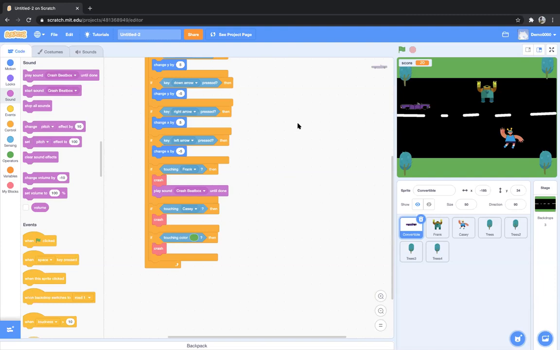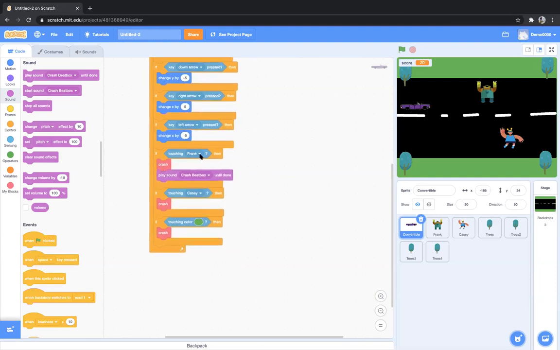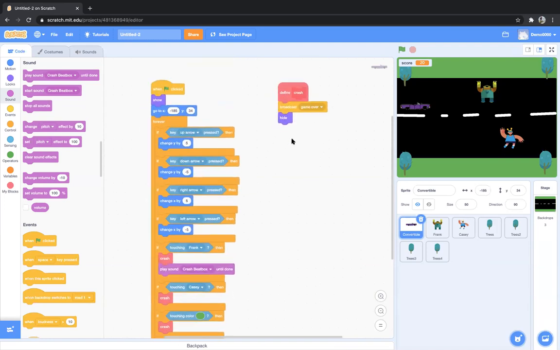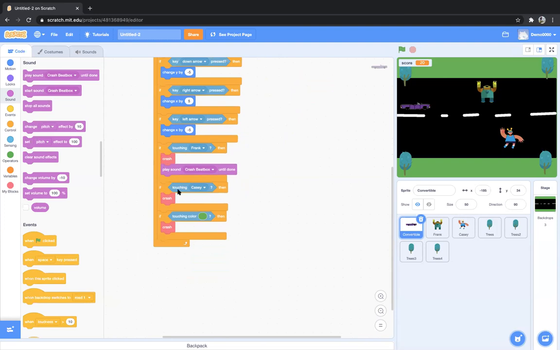Can we also include sound in the crash block? Yes, you can include sound in the crash block, Lena. I just added it right now. See here, in this if touching Frank, then after crash, you could add a sound here. You could also add this same play sound block with Casey and touching color as well.